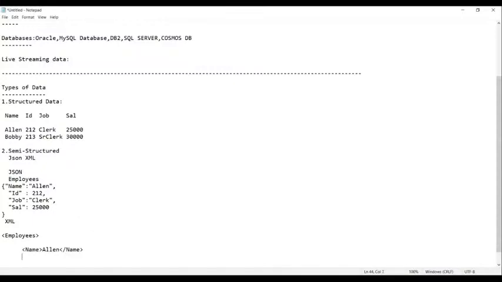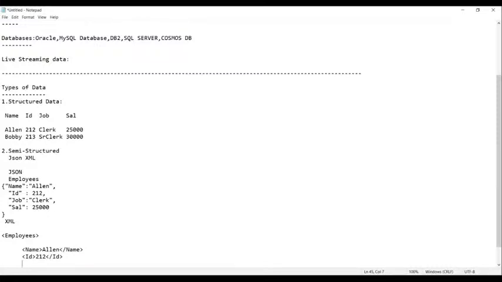Then we have what is that, guys? Tell me. Here you have it. Yeah. ID. Here we have ID. 212. Yes, 212 is the ID. And again, slash ID. Yeah, ID. That's it. The next one, what is it? Can you tell me, guys? There will be no commas even. Guys, there will be no commas even.